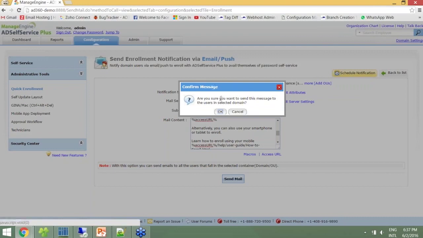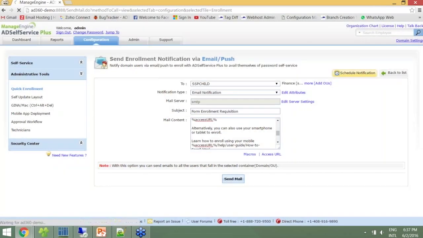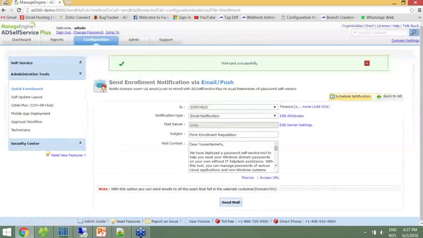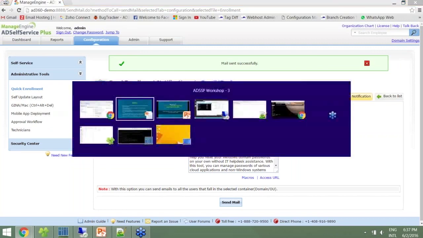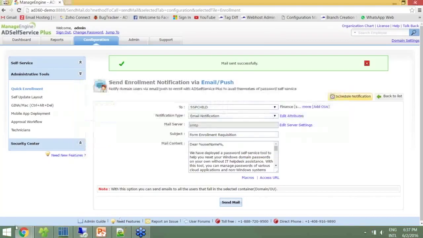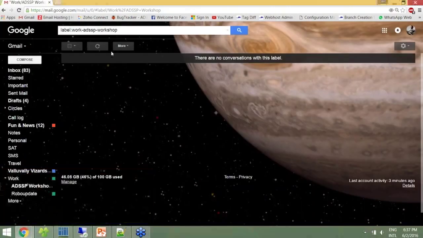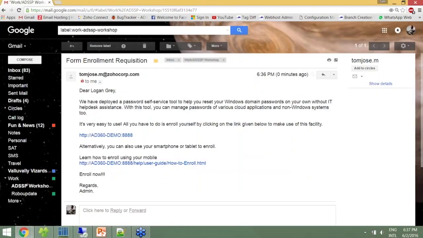So right now I'm shown a pop-up that says, are you sure you want to send this message? So I'll just click on OK, and it's saying that the mail is sent successfully. Now I'll head on to my Gmail account and check if I've received the mail. And yes, I have. And this is for the user Logan Gray, who has not yet enrolled. So all he has to do is click on this link I've shown here, which is the access URL,